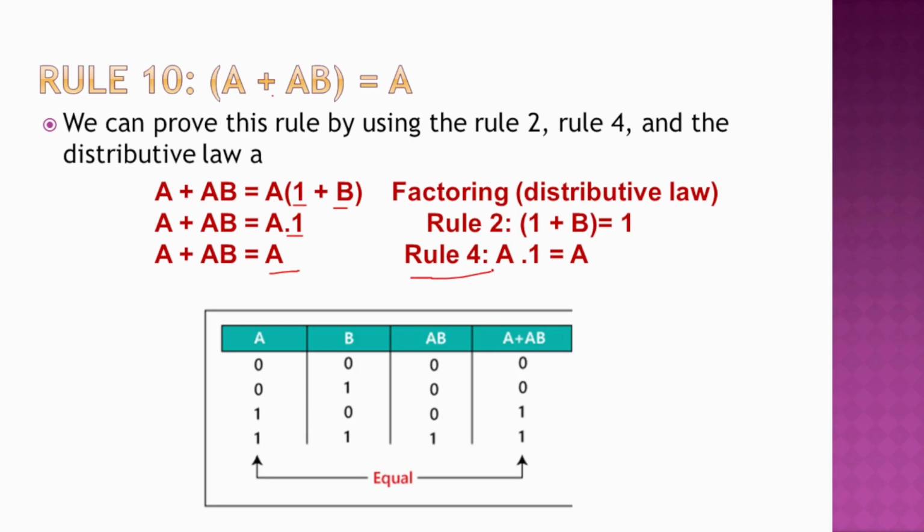Refer to that previous table. Here I will explain with that truth table. So A is 0 0 1 1 and B input is 0 1 0 1. So you need to do the AND operation here, A dot B, that is 0 0 0 1, and this final column is filled with A plus AB. So A is 0 and AB is 0, 0 plus 0 is 0, and 0 plus AB, that is 0, is 0, 1 plus 0 is